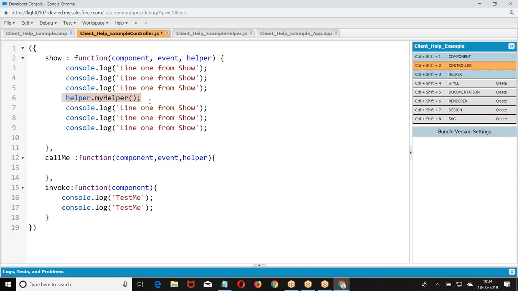Now, just like if you have a private method and a public method, what is the difference? If you take a class, a private method cannot be directly invoked. It should be invoked within one of the public methods. Helper is also like that. You cannot directly invoke the helper within the component. It should be invoked from any one of the component methods. Helper should be invoked from the component's client-side controller. We cannot invoke it directly. There's a major point. Parameters, we can pass whatever parameters we want.